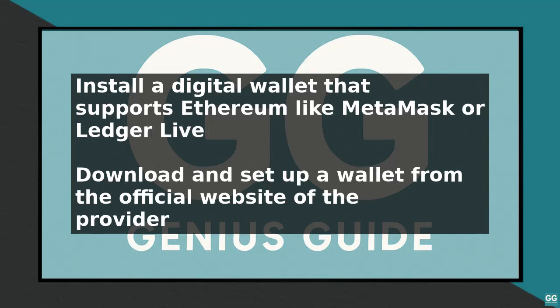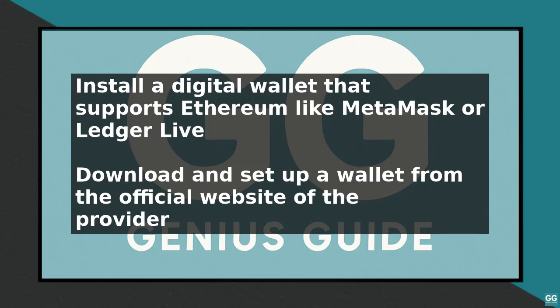To connect a wallet to Uniswap, you will need to have a digital wallet that supports Ethereum, such as MetaMask, Trust Wallet, or Ledger Live. First, make sure you have a wallet installed and set up on your device. If you do not have a wallet, you can download and install one from the official website of your preferred